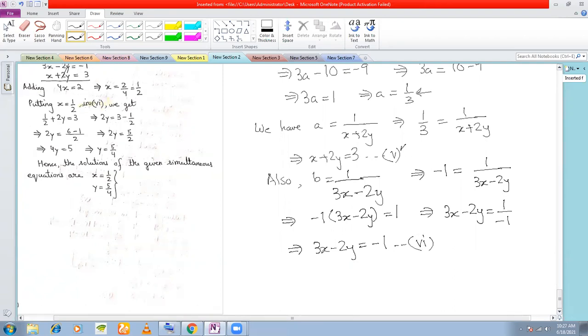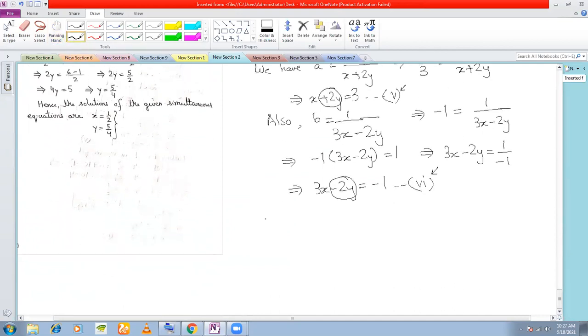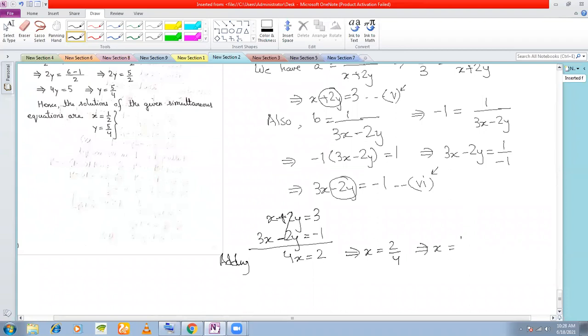So now we have got two equations in x and y, these two. Now we need to solve these two. So how do we solve these two? Which method shall we use? We see I have a plus 2y here, I have a minus 2y here, right? So elimination method will be better to solve. So what you do is you take these two equations, x plus 2y is equal to 3 and 3x minus 2y is equal to minus 1. Because I have a plus 2y and I already have a minus 2y, I'll add the two equations. Adding. This will cancel. You'll get 4x is equal to 3 minus 1, 2. That means x is equal to 2 by 4. That means you'll get x is equal to half.